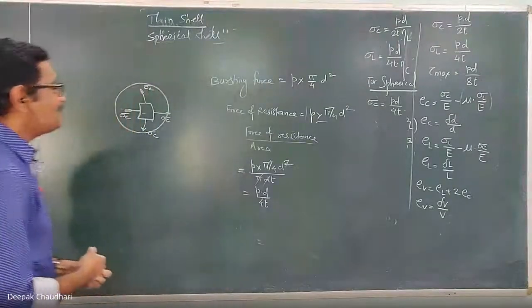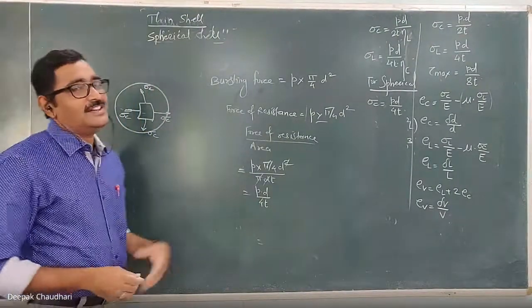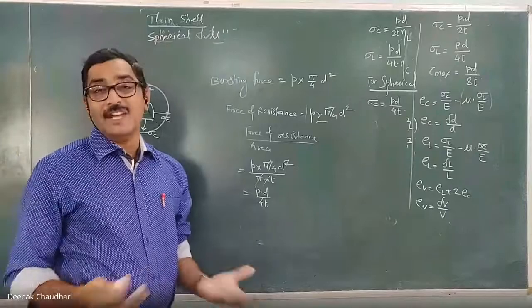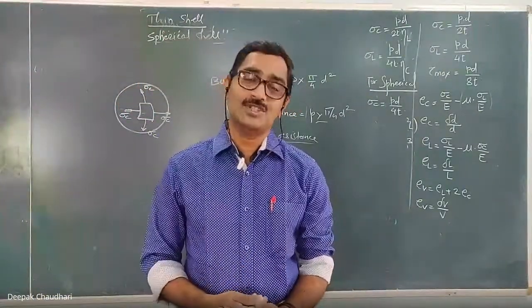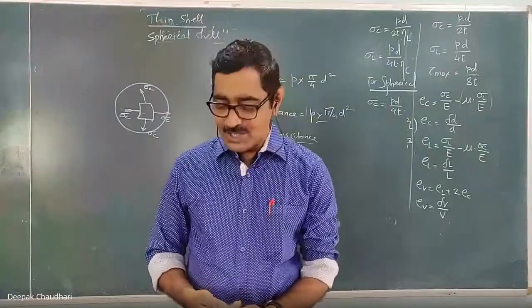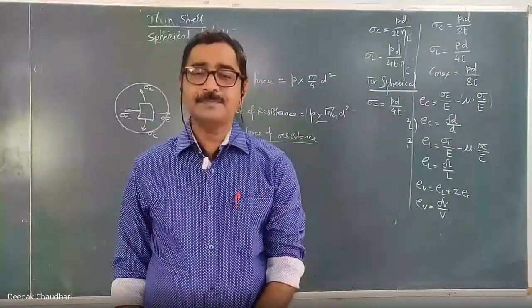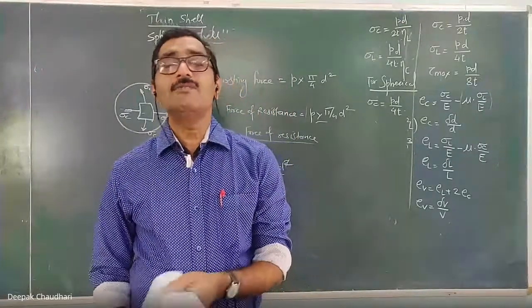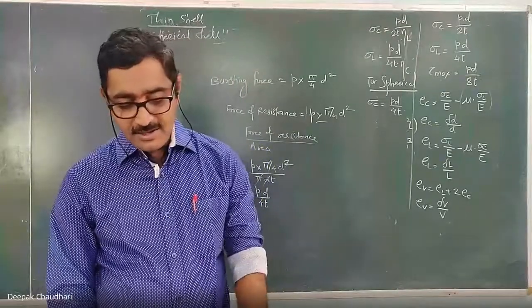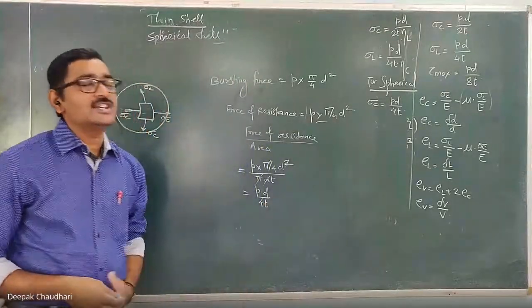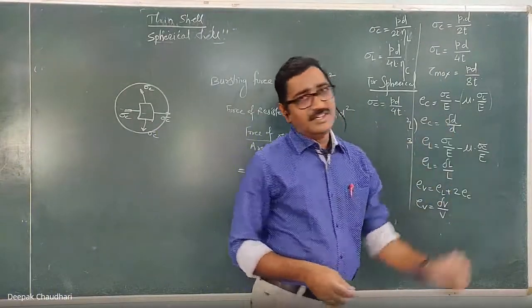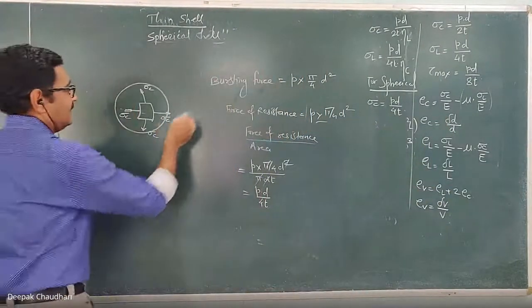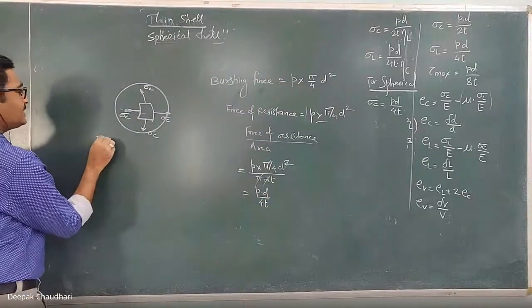Okay. Now, because of this internal pressure, here for spherical shell also, the dimensions change. There is only one dimension, that is the diameter, but the diameter will also change, as well as the volume will also change. Here, now we have to study the volumetric strain to calculate the change in volume, and the circumferential strain here to calculate the change in diameter. So in this case, here for spherical shell,